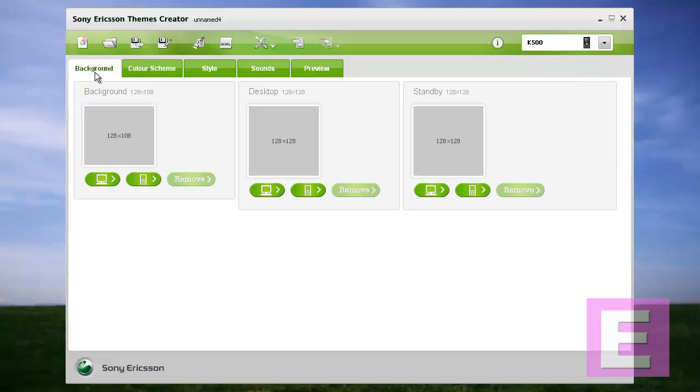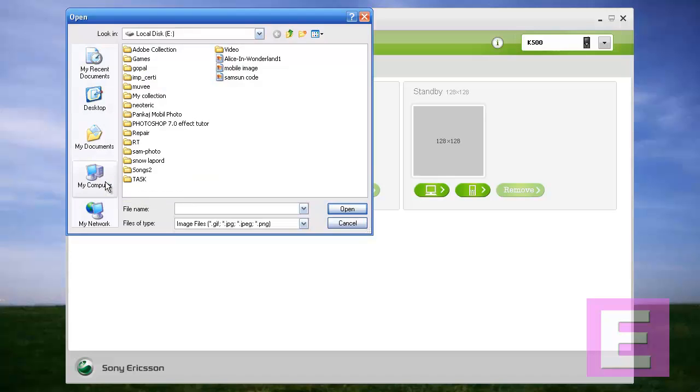At the first step, background. You have to define how the background will be initialized. Then, for the desktop and standby background, select from the computer or from the mobile phone. If it is stored in your computer, you can select one.